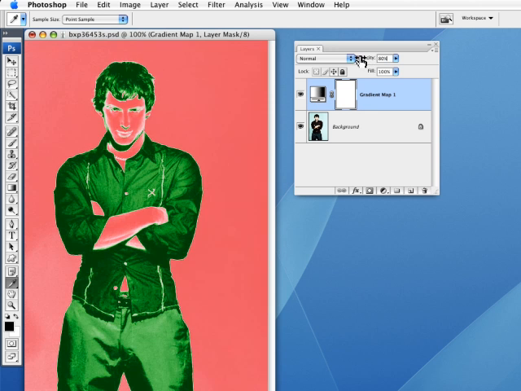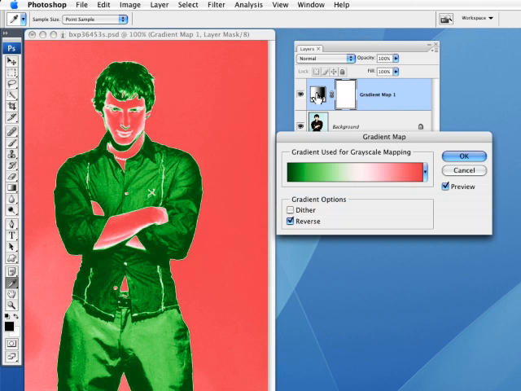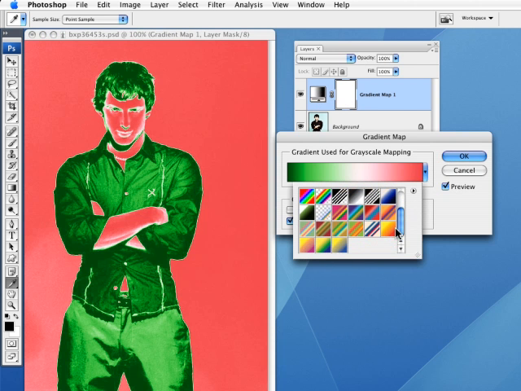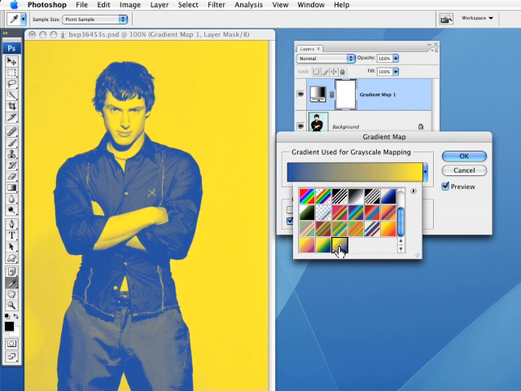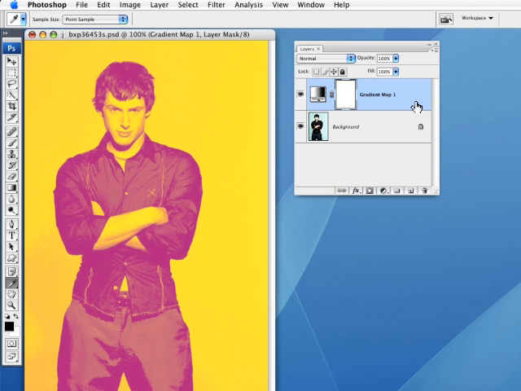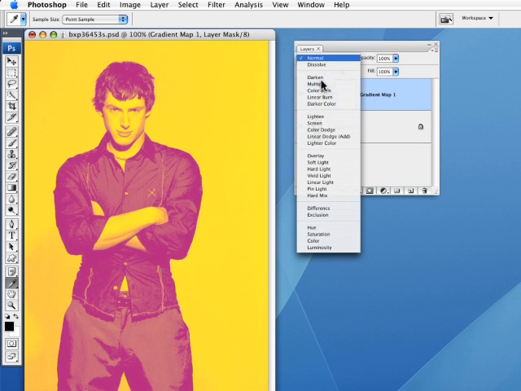We could, of course, lower the opacity to let some of the original show through, or use the layer mask, or double click because it is an adjustment layer and say maybe we want something a little different, like maybe one of these color harmonies to create kind of an interesting duotone kind of look, something like that. Click OK, and the other option that's always available, of course, is playing not only with these blend modes up